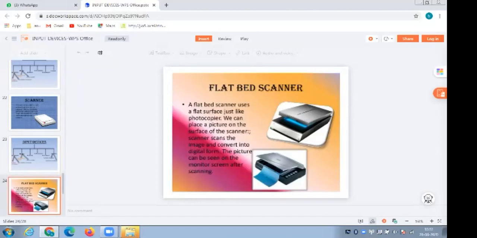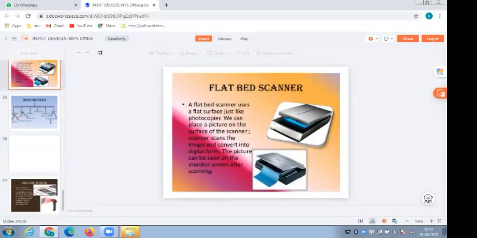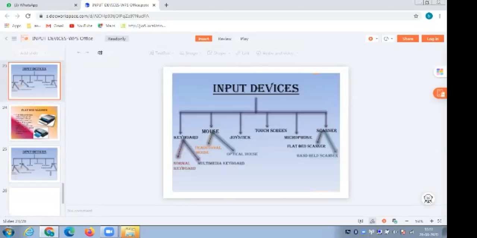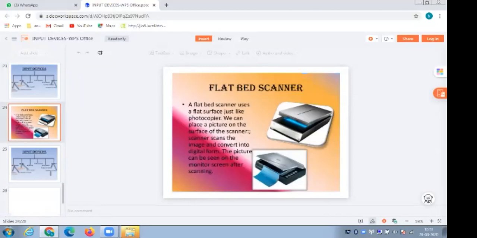Now coming to the flatbed scanner. You can see here the flatbed scanners which you are using nowadays. Handheld scanners are different, as well as the flatbed scanners are different. Nowadays, in the phone itself, we have a scanning option, but that is not an input device.